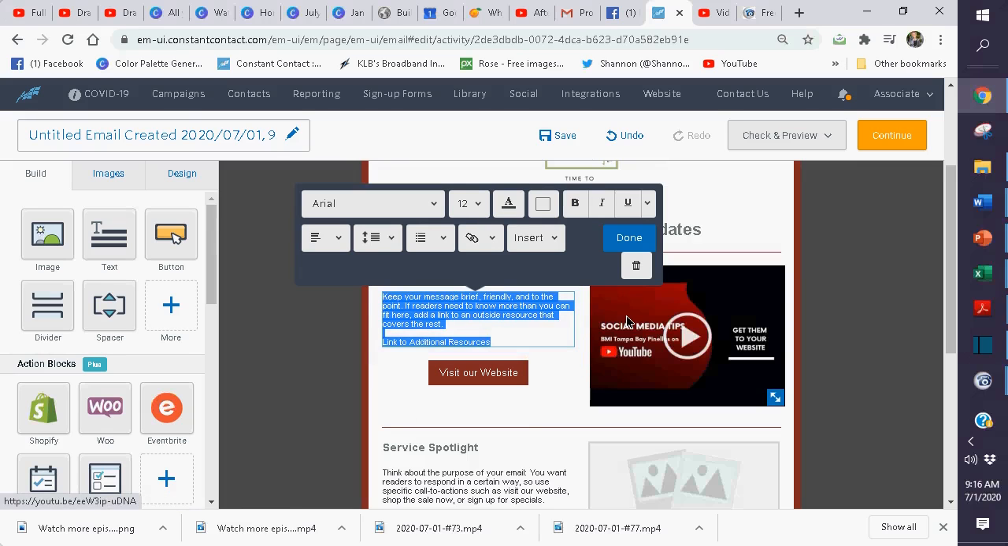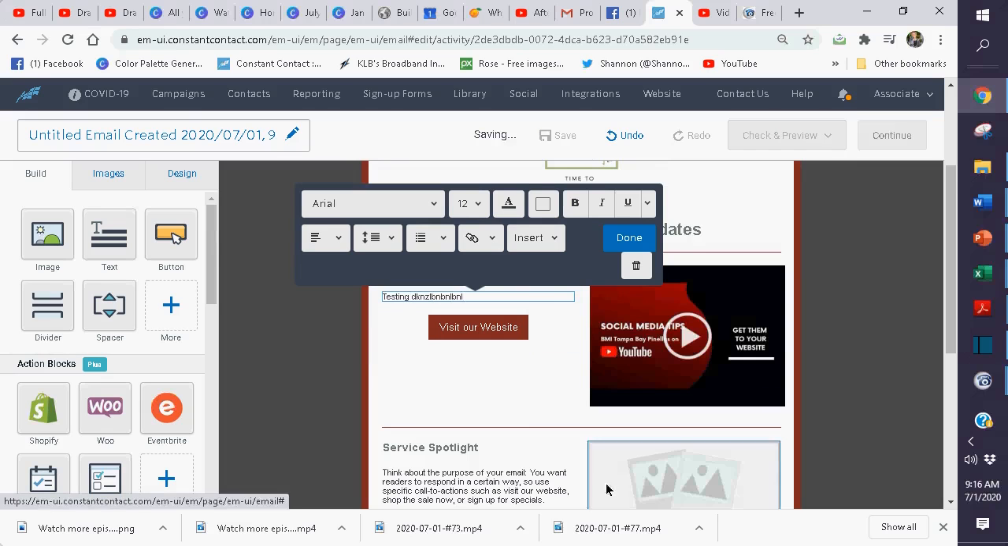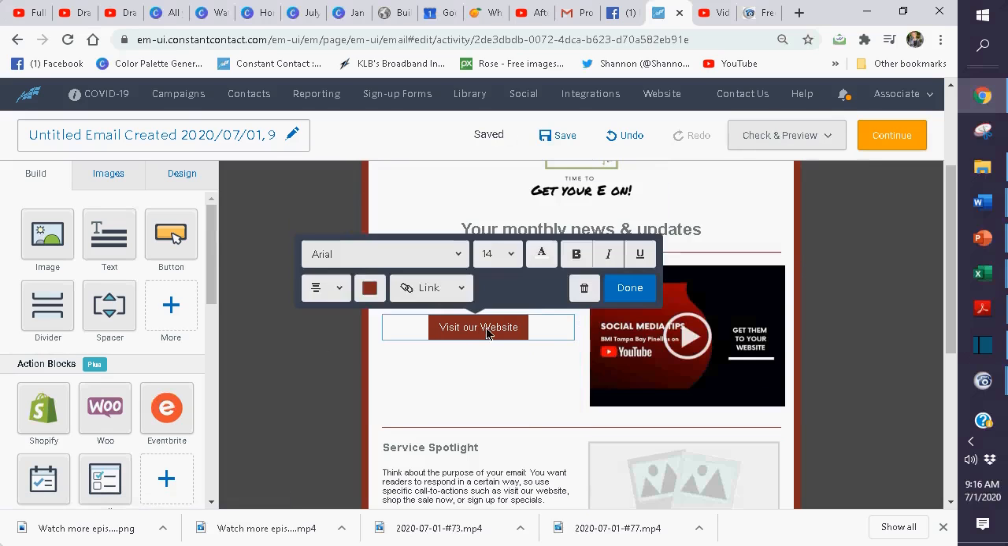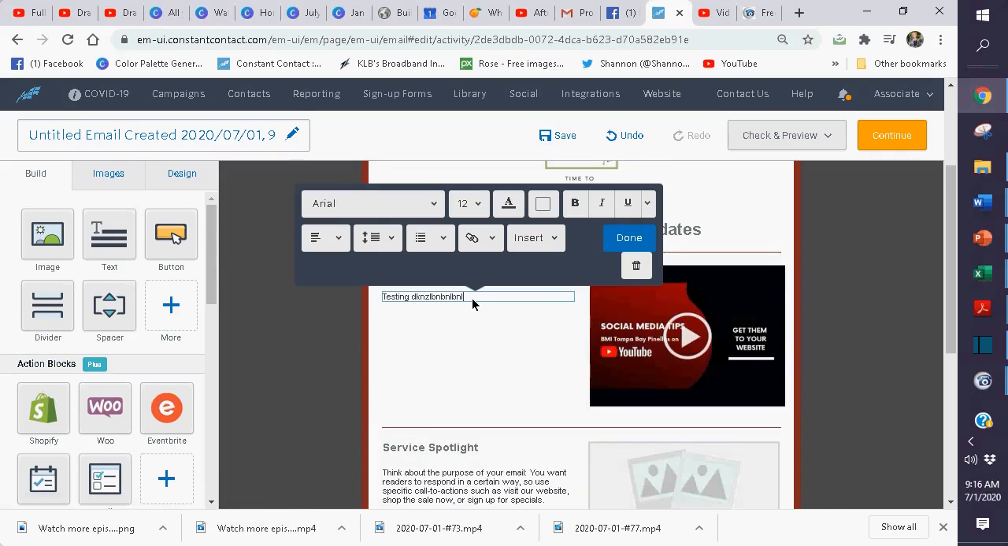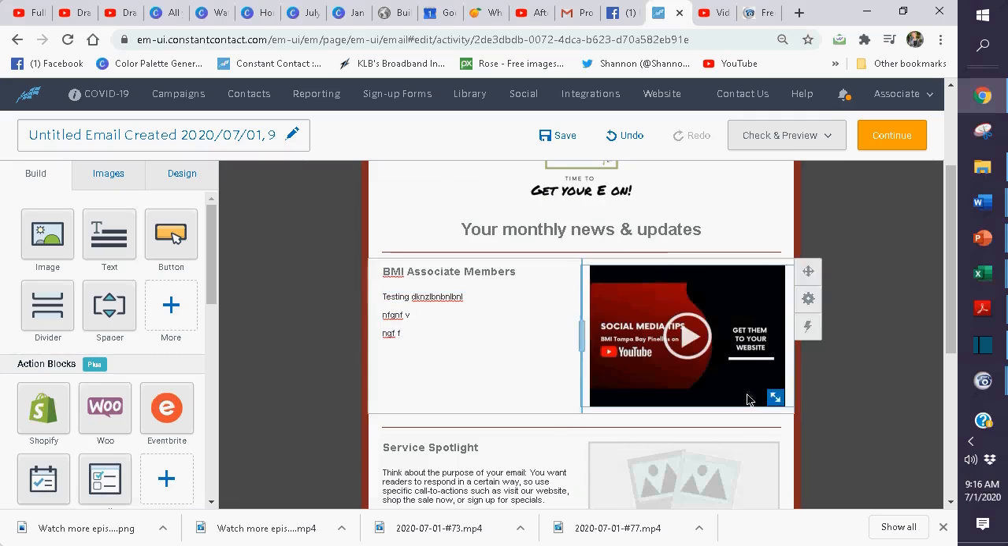I don't need that link. I'm going to highlight over that, and then I'm just going to say testing here because I don't know what I'm going to put there yet. And I don't need this now because I have them going over here. But let's just say that whatever I put here isn't that much information,